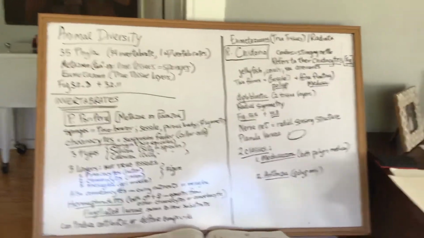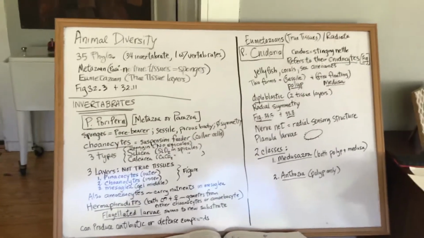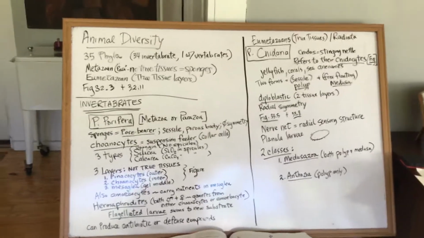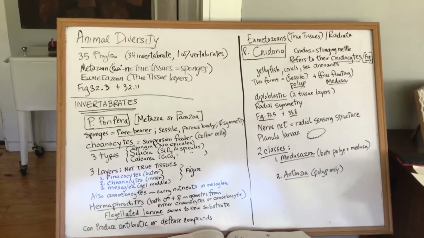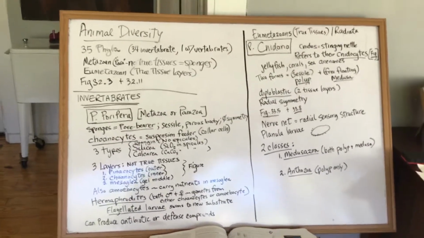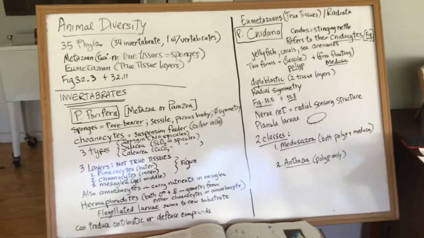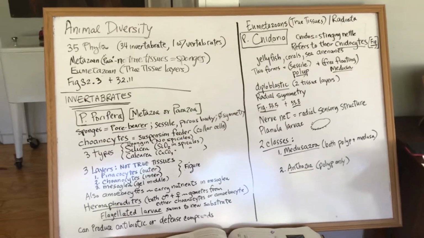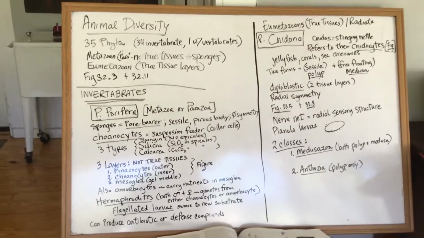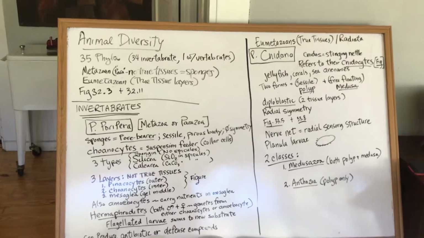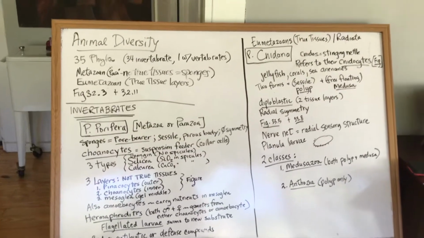So most people, I think, when they think of animals, they think of dogs, cats, things like that, and of course they're vertebrates. But most of the animal phyla are not. There are two major groups. One is called metazoa or parazoa. This is a group that has no true tissues, and mainly we're talking sponges here. And then there's the eumetazoa, which are all the other animals, and they have true tissue layers that we